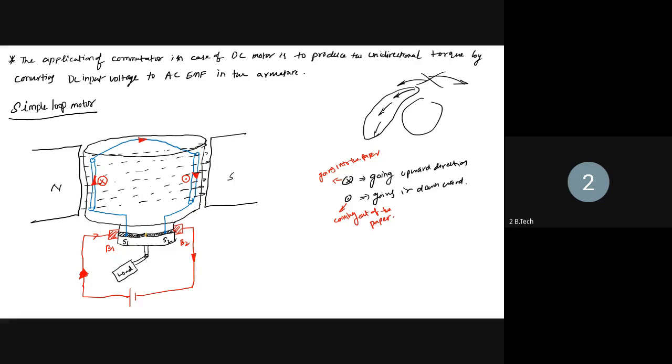Right? Therefore, cross current is going into the paper,